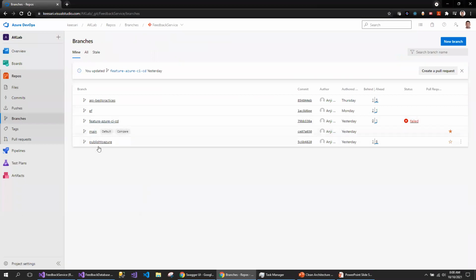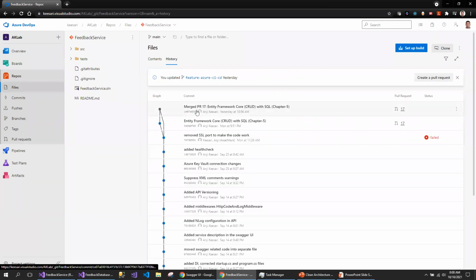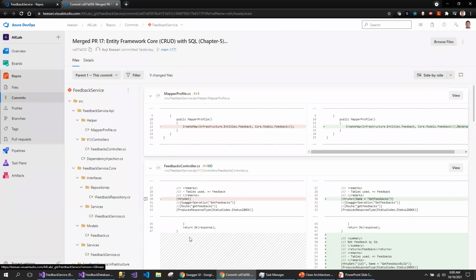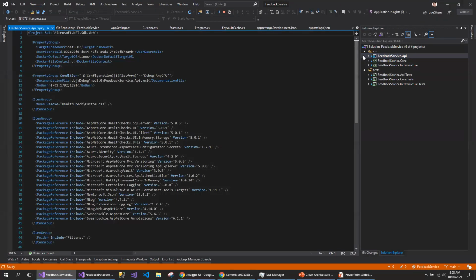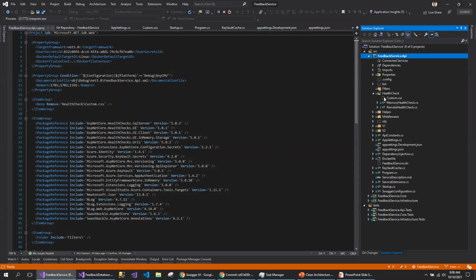I go to the branches, and I think I might have merged into the main. Let's take a look at the history. Okay, so I did merge into the main branch. If I take the latest code, I should have all these endpoints.